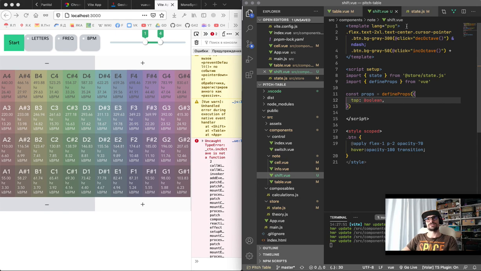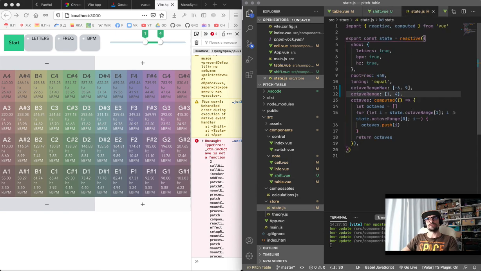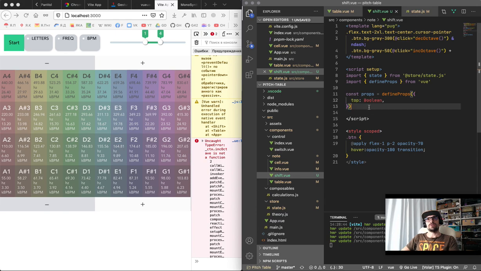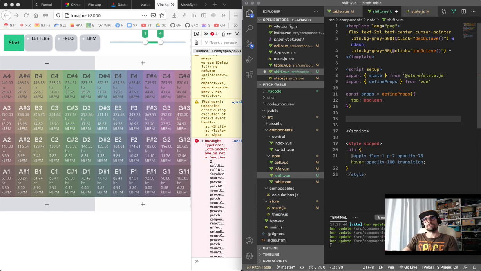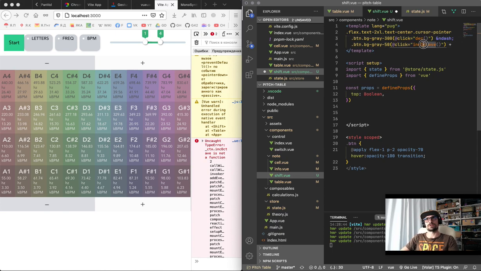So with state, we'll have the octave limit. Let's call it octave limit. Yes, octave limit. And now we can work with it. So now we have decrease. Let's have it just decade. To be short, it's namespaced in the single file component, so it won't leak. It's rather simple. So now we have a function